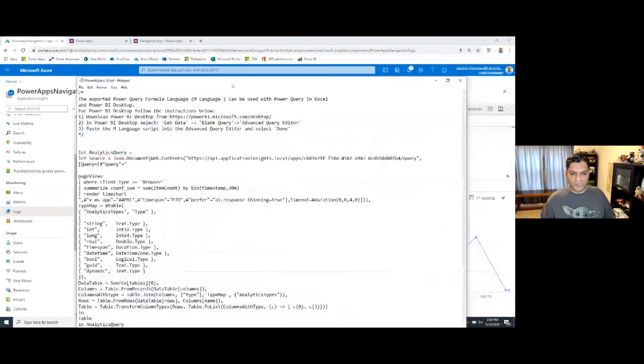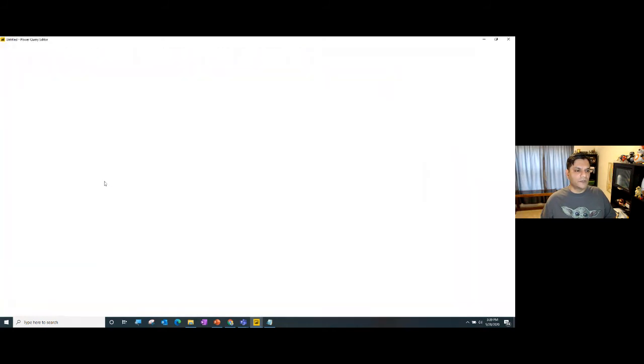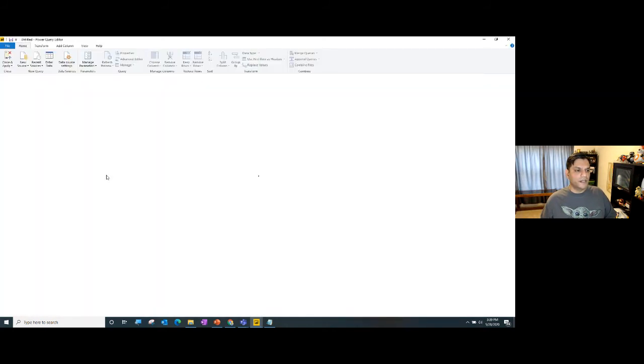I'm just going to move this to the right, and I've opened up my Power BI over here. And that's all I did. I just opened it up. I haven't made any connections or visualizations. I'm coming over here to the edit queries, and I click on the edit queries. And in the edit queries, once it loads up, I'm going to actually, what happened? Close.